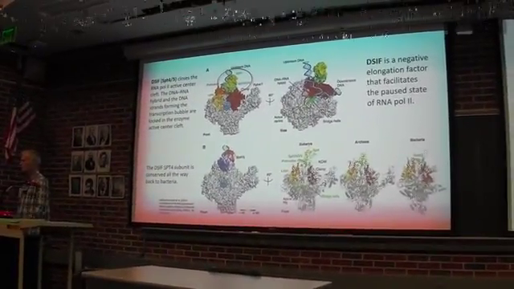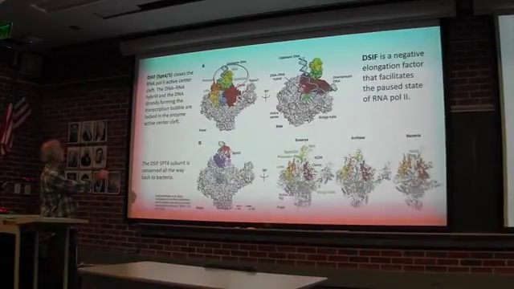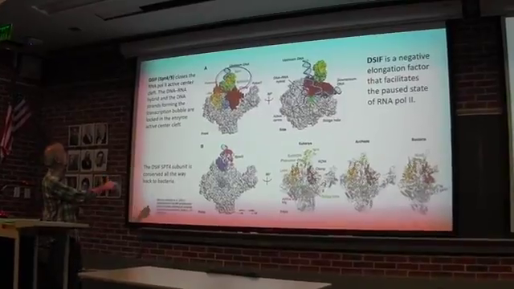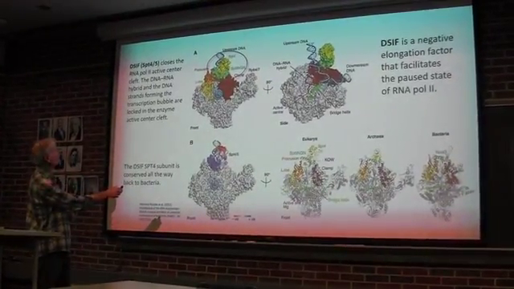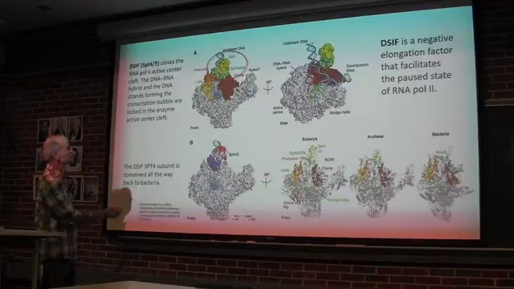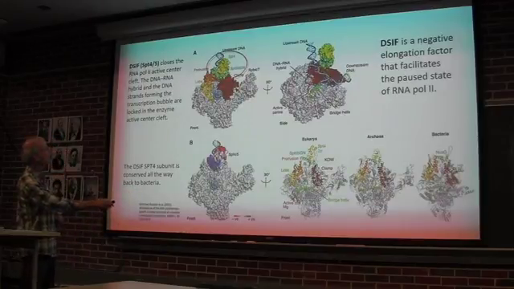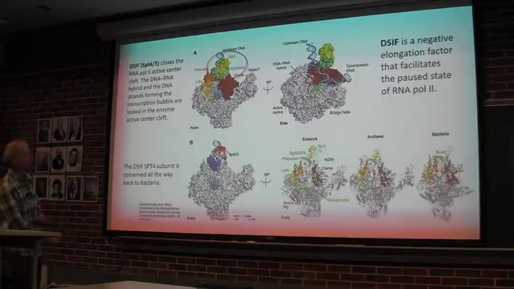This is showing you this ancient one, DSIF, and this is where it binds in the pre-initiation complex. Right here, you can see, this must be B. Yeah, B is here, and this is what it looks like in